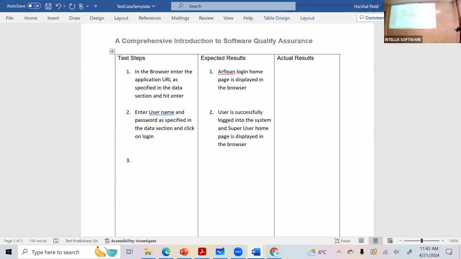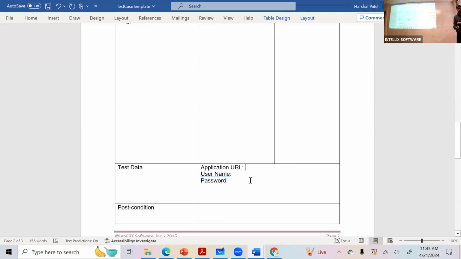Think around what it was I'm trying to do. Trying to purchase. I'm going to check if I have a valid user ID and password. Can I log into the system or not? Did I accomplish that? Yes. Do I need to do anything more at this point? I don't, because I've already done that. So now I still need to provide this information. Without that, I can't test anything.